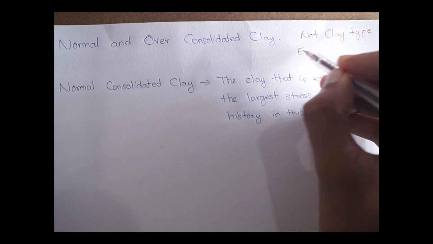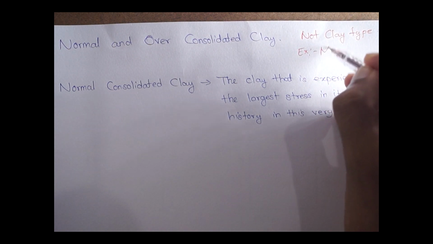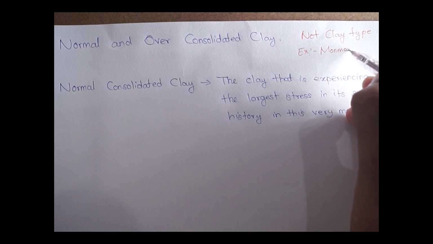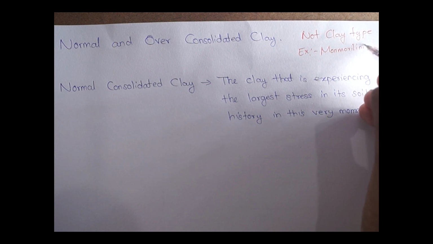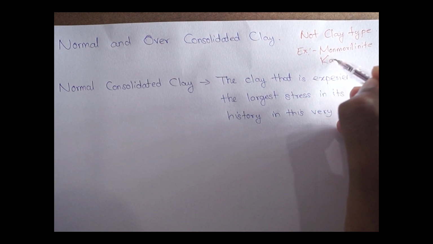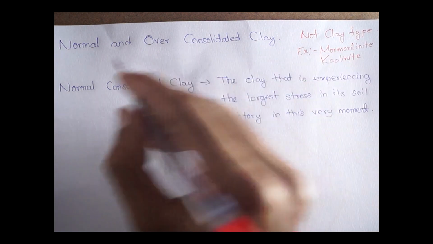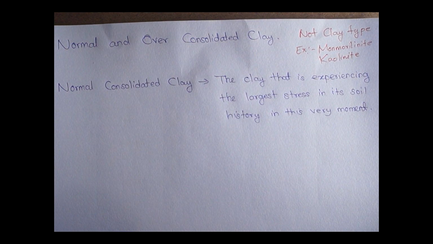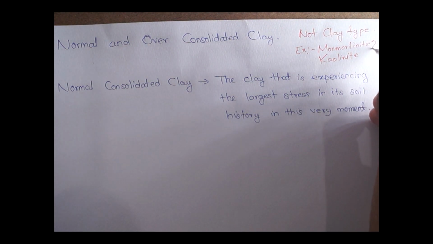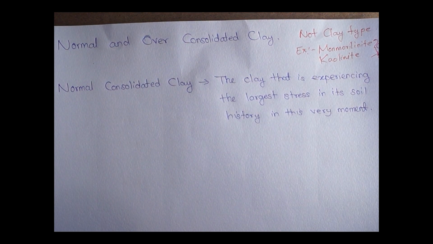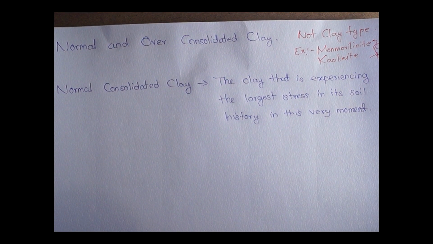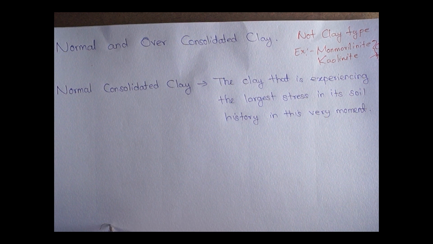For example, montmorillonite, kaolinite, these are clay types but not normal or over-consolidated clays. These are clay types of clays, right? The normally consolidated clays, for example, millions of years back when the first soil was formed, it